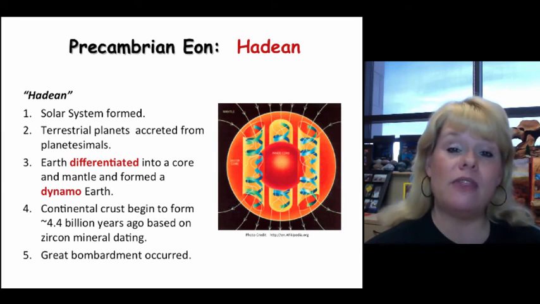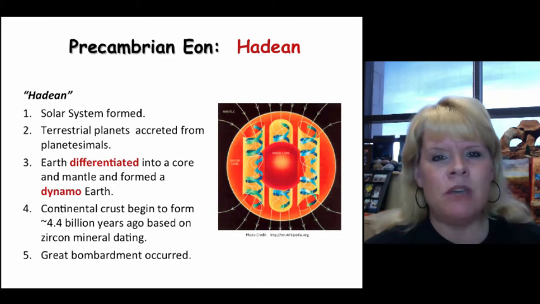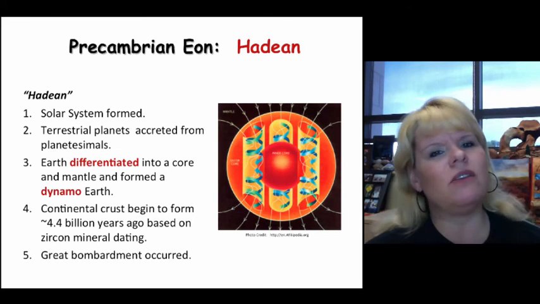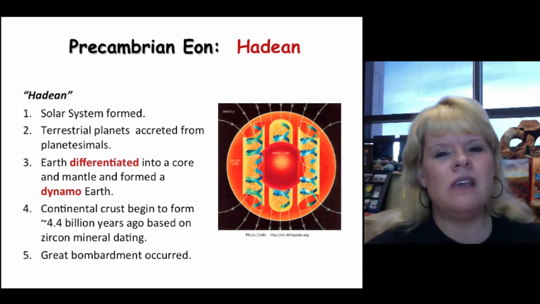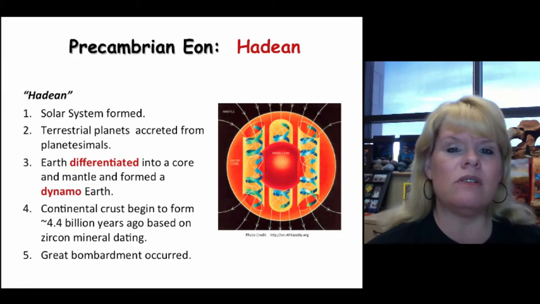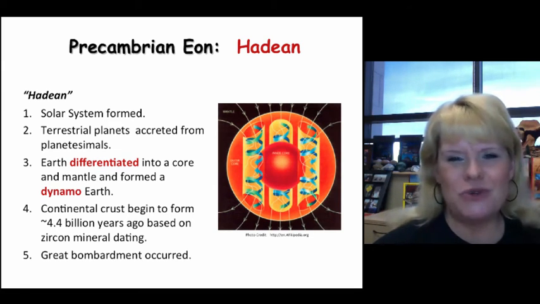I might also add the Moon. Any terrestrial planet was being hammered by meteorites and planetesimals and things that were floating and being pushed out from the sun into our solar system. So that creates lots of bombardment, which will be important to helping finalize the Earth into what we know it